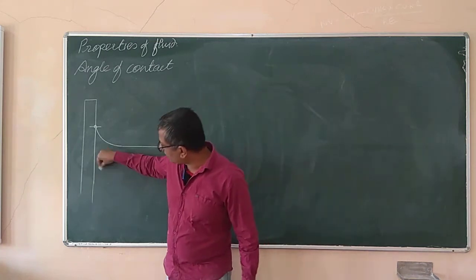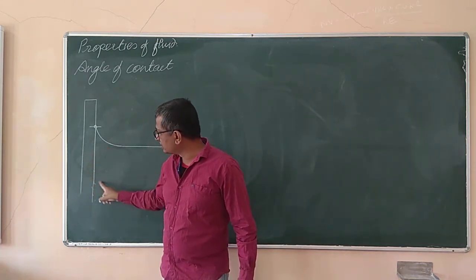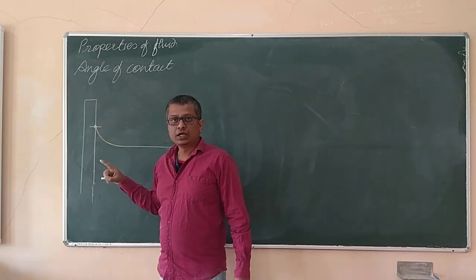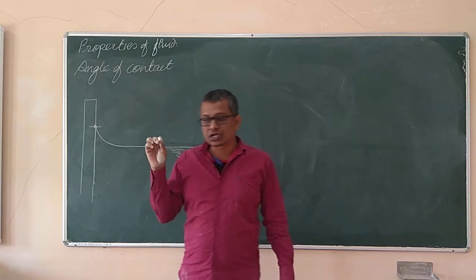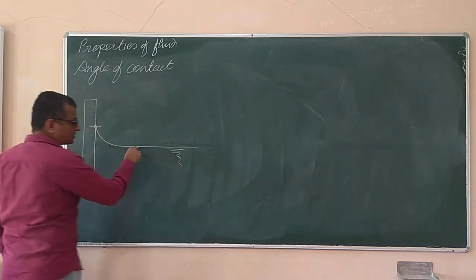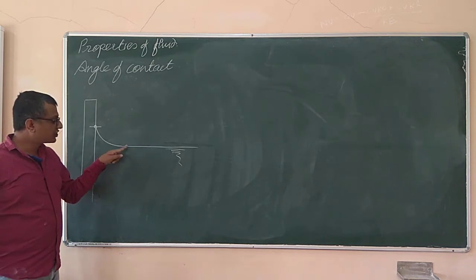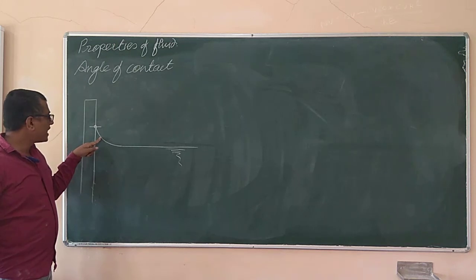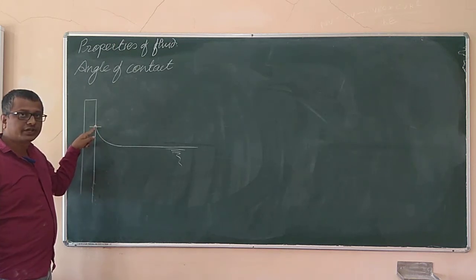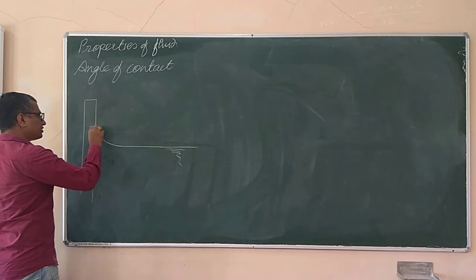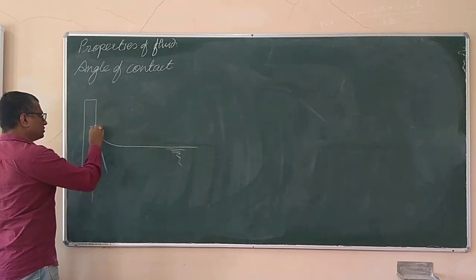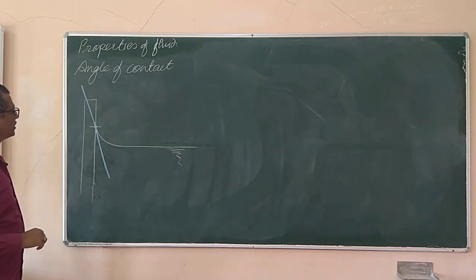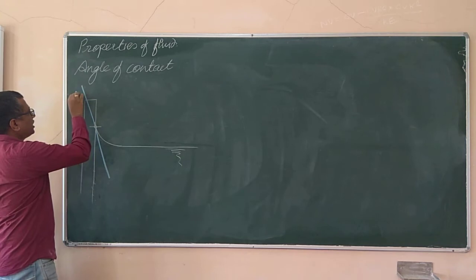Whereas there are a lot of points of contact of liquid and solid over here, here. Everywhere the liquid is in contact with the solid. But at the free liquid surface, that point is over here. Now if I draw the tangent to the curvature of this free liquid surface, I repeat, if I draw the tangent to the curvature of this free liquid surface at the point of contact with the solid boundary, the tangent will be over here. This will be the tangent. Right? I have drawn a tangent AB